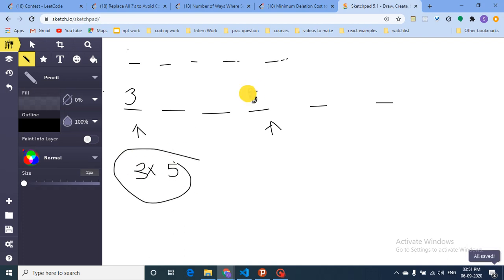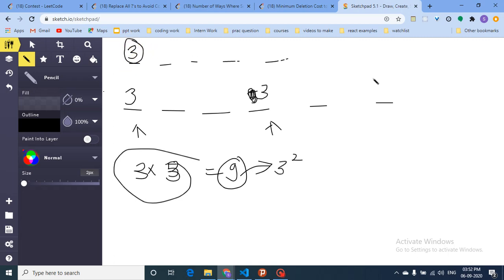Let's assume that it is 3. If it is 3, then it is equal to 9. I have to find that for 9 there must be an element which is 3 square in this. So if there is an element which is 3, then that element squared is equal to the multiplication of these 2 elements. So that's pretty cool. So what you can see here is, I actually have to take any element in the first array, then square it, and then I have to find out whether any 2 elements in the other array have a product equivalent to this.